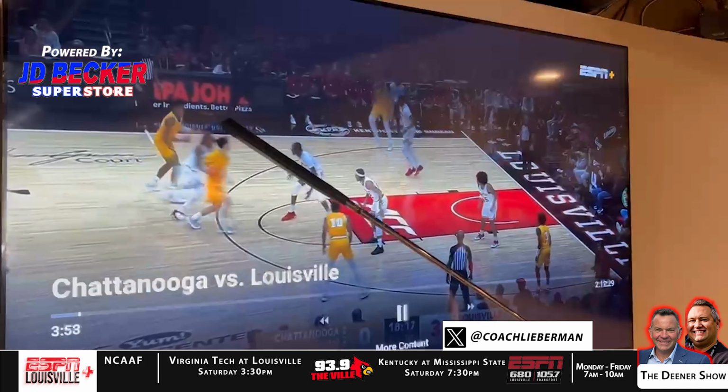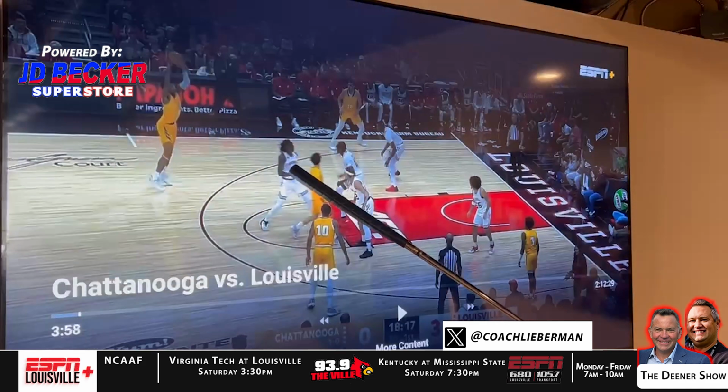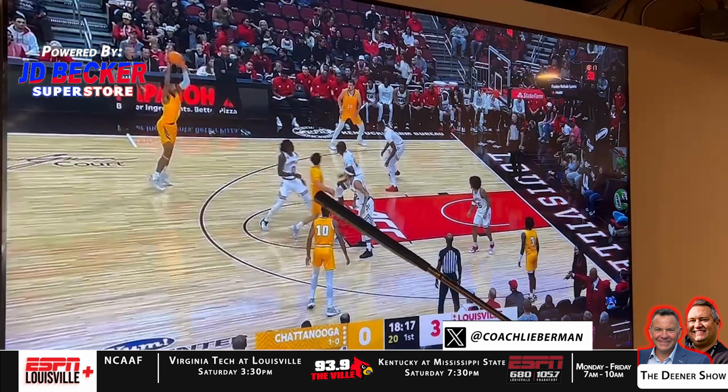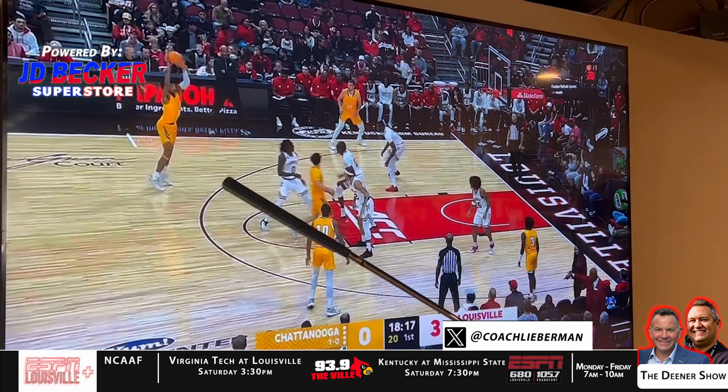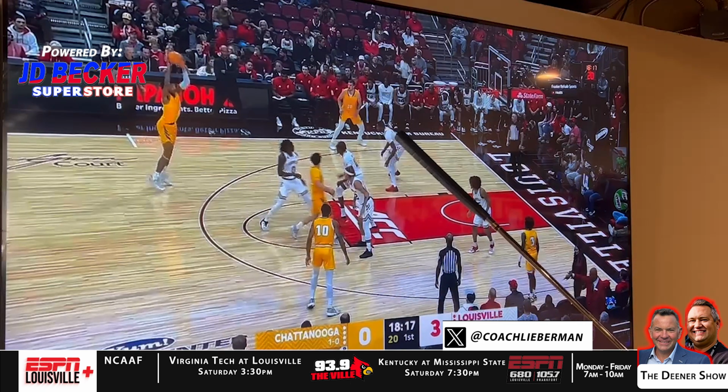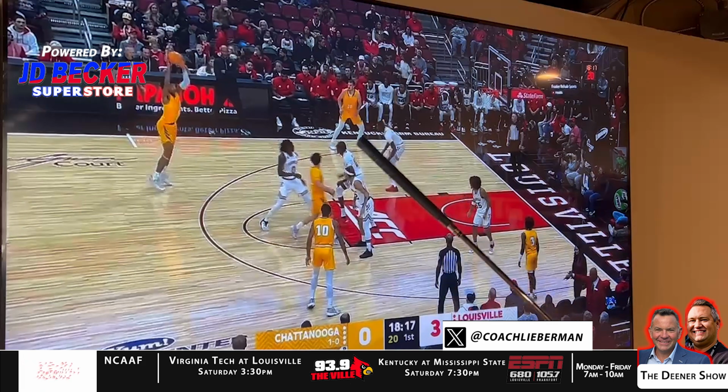Now you could freeze it. And now you see the dribble handoff, and really just not a communication. Mike James' effort defensively to get through it and just be an absolute terror on the ball isn't there. No one stunting. Hatfield's in no man's land, but this should be an X out, meaning Hatfield should take this